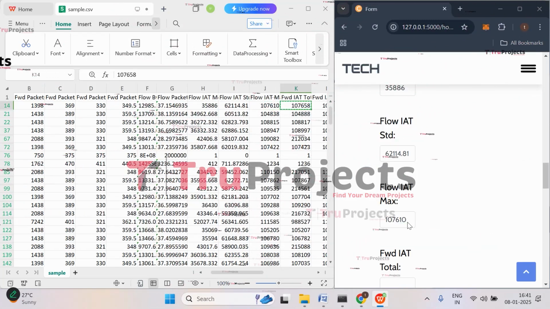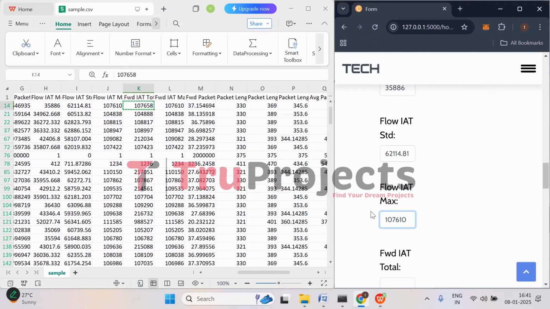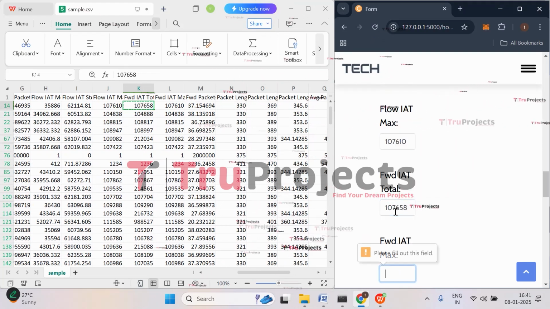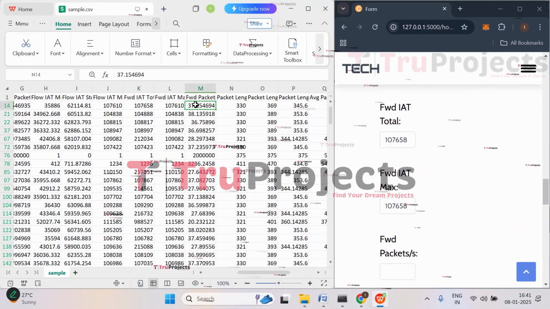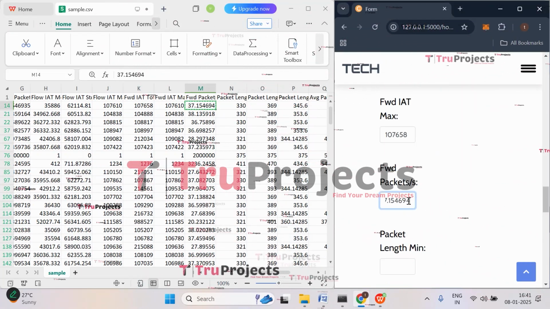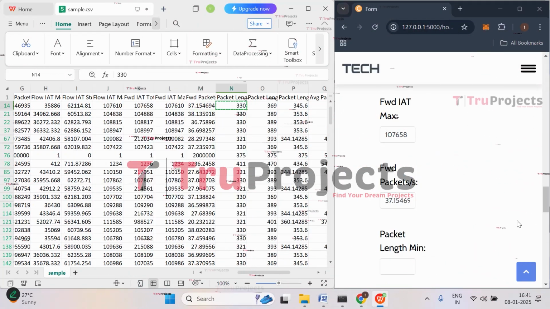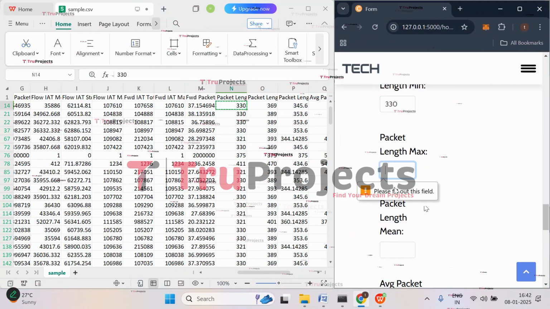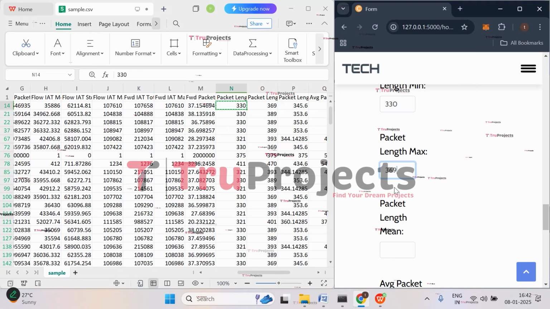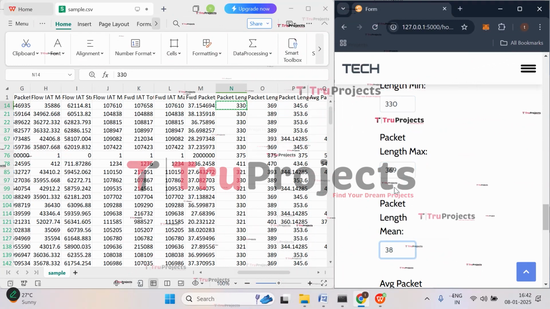And then the next three values are the same. So let's paste the same. And then the next value is forward packets, that is 37.15. And then packet length, that is 330. So paste it.